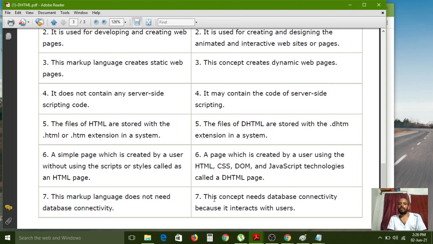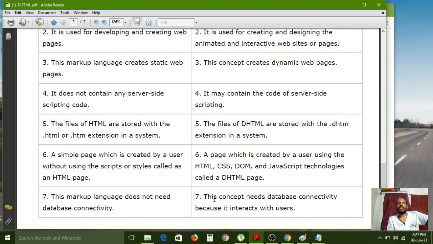But DHTML needs database connectivity because it interacts with users by collecting some information. For example, in a scholarship application, it shows some fields to fill in the form. After filling all the text boxes, you press the submit button using the mouse, and immediately that information goes to the database.